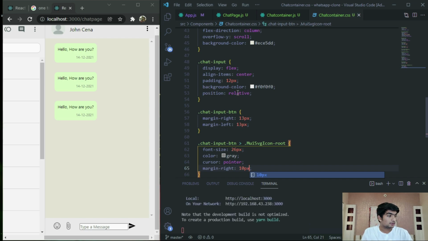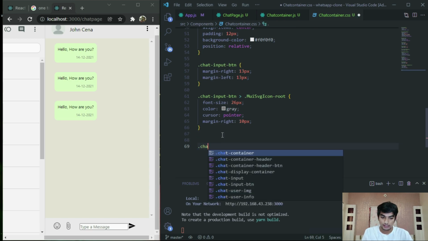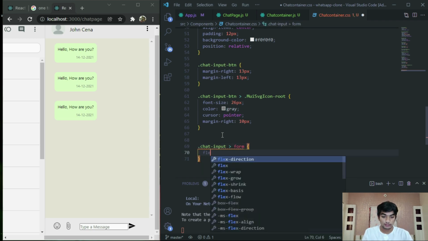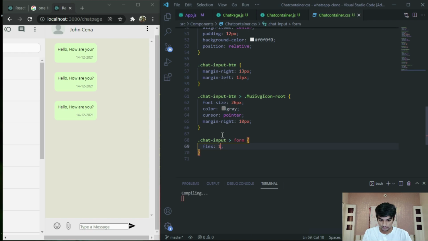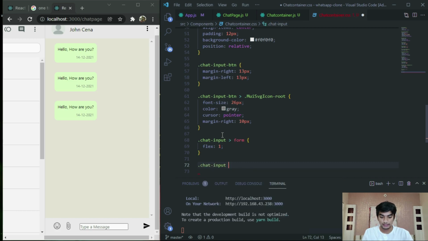Okay, after that now we have to do styling for the form. So chat input form: flex 1 to cover the remaining space. Okay, now for the input element inside the form,